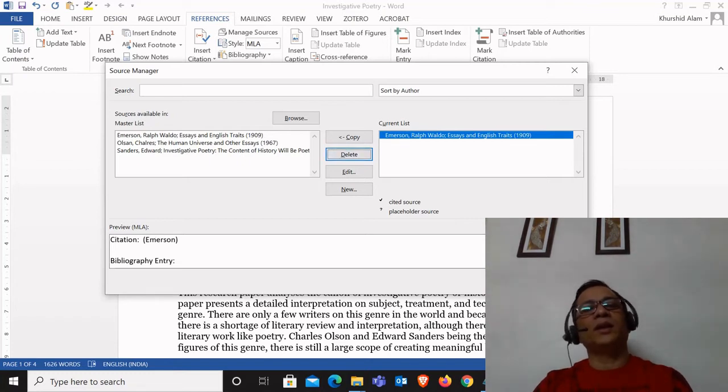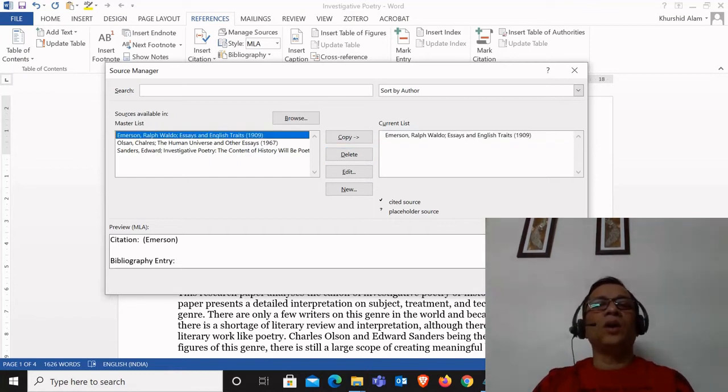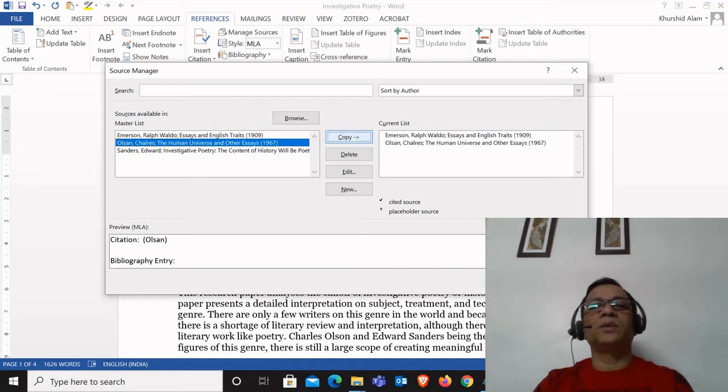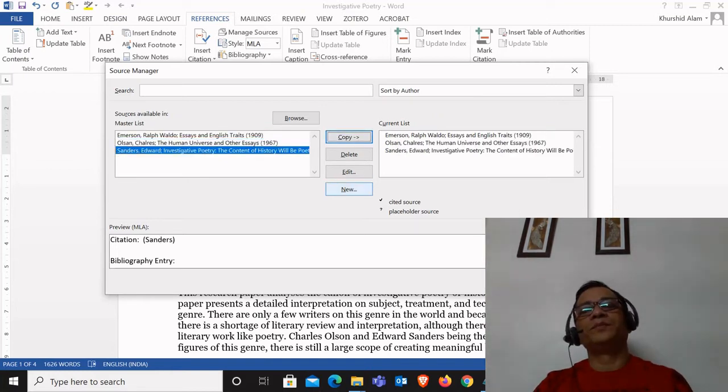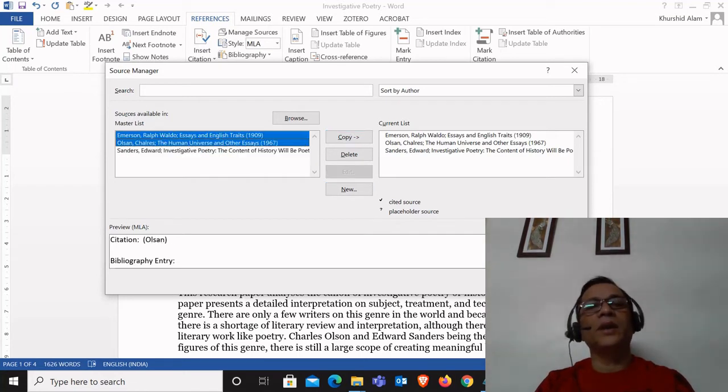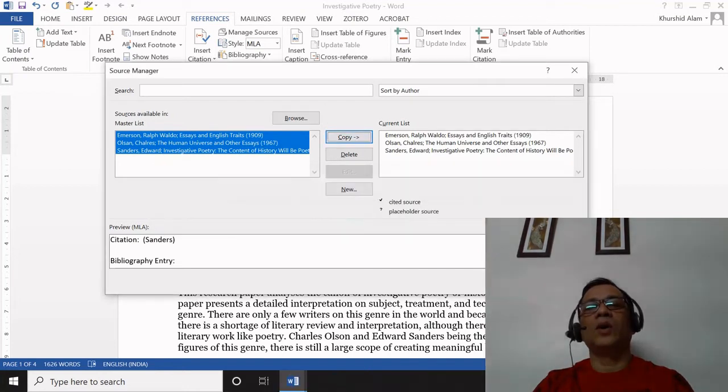Now you can see that in the master list I have 3 citations, while in the current list I have only 1. But if you want all of them, no issue, you can add all of them. At the same time, you can select all of them here and then copy them all in one go.